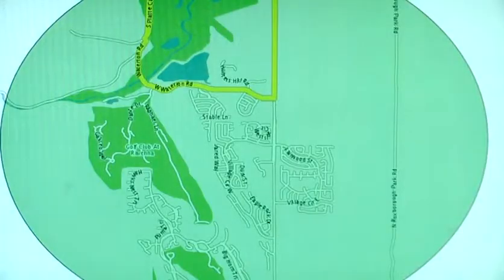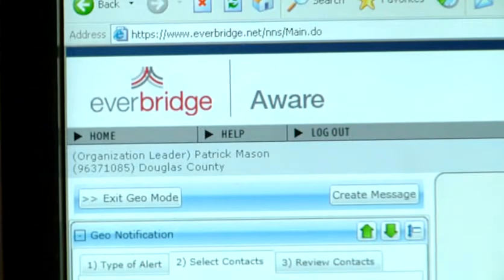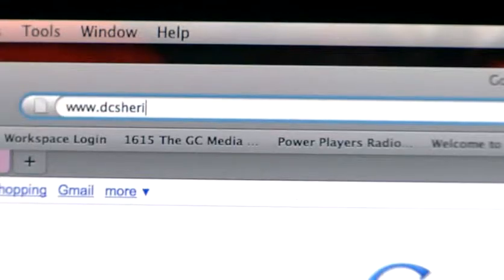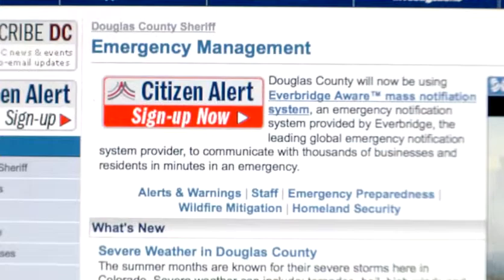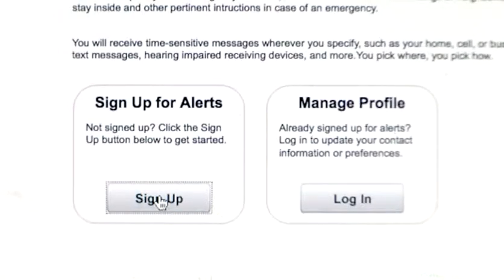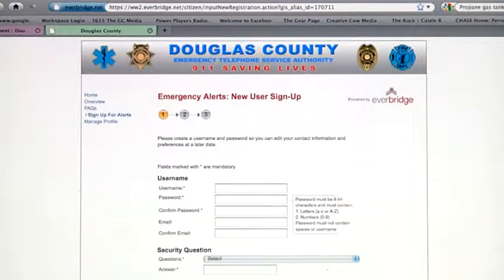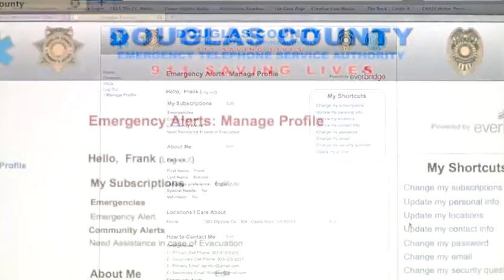Our emergency notification system here in Douglas County is known as Everbridge. The way to sign up is just go to dcsheriff.net and you'll see a big button right on that webpage which will tell you Citizen Alert Notifications, sign up here. Click on that button and it will lead you to a page that allows you to enter in your information about where you live, your name obviously, your address, and any type of device that you might want to have